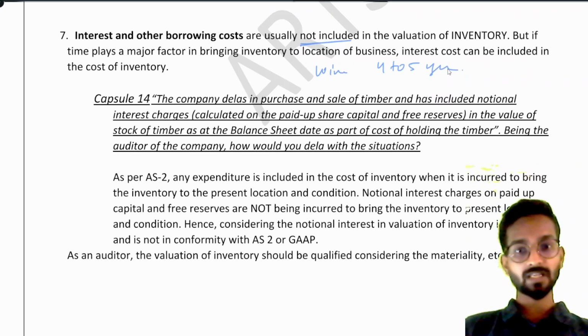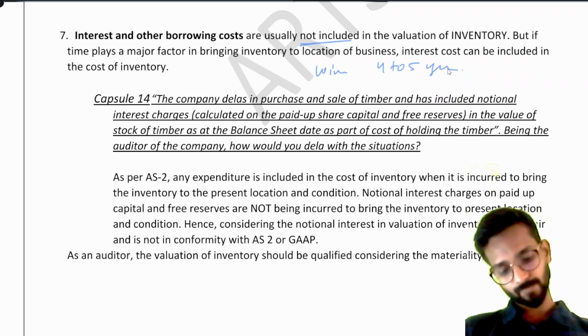Now, when you are selling it in the market, 4 to 5 years is too long. So you cannot ignore interest cost in that period, understood? So that interest cost becomes important for you to produce wine, understood? Now